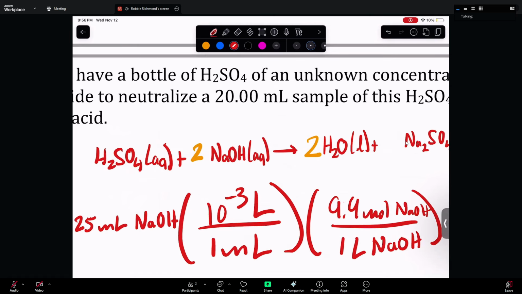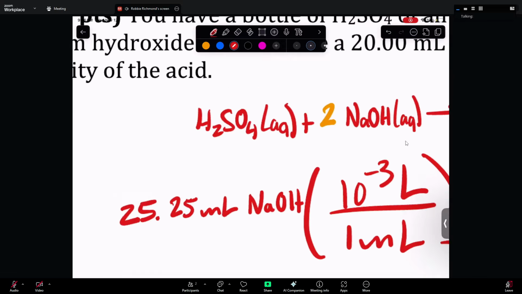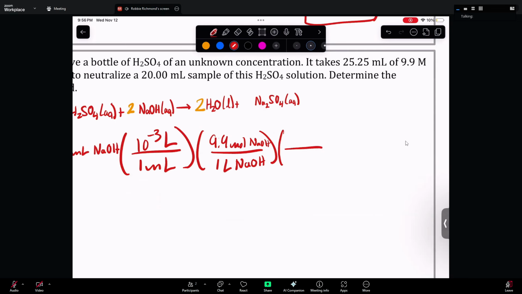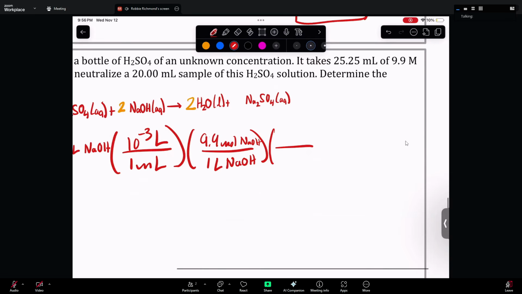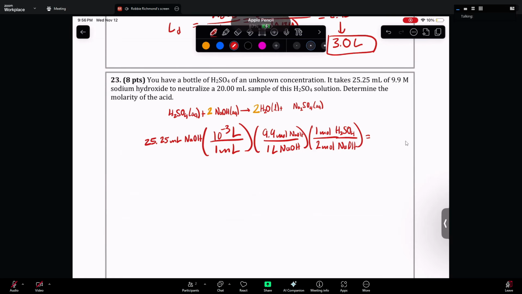Two sodium hydroxides are going to react with 1 hydrosulfuric acid. So in the mole ratio for that, 2 moles of our base is going to react with 1 mole of our acid. Alrighty. Let me throw this in my calculator real quick. Alrighty, I got 0.12499 mole